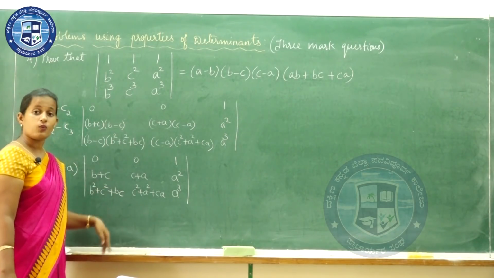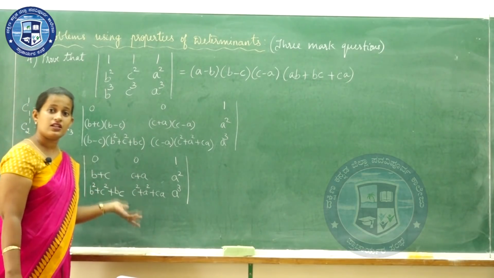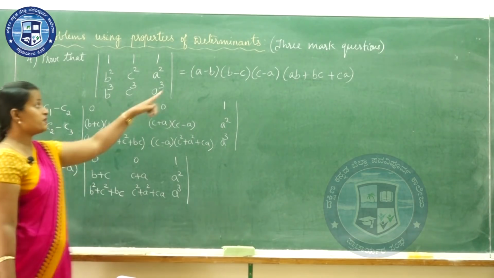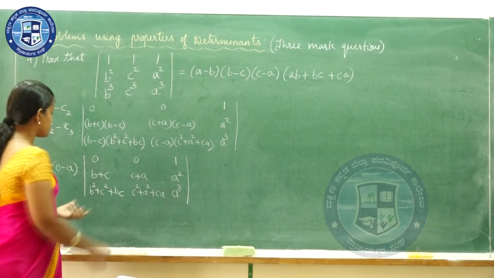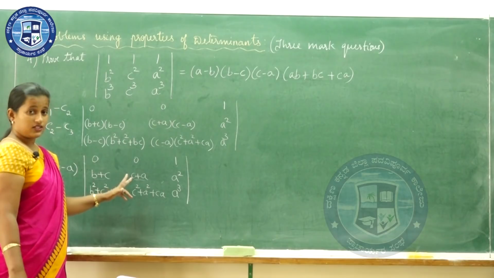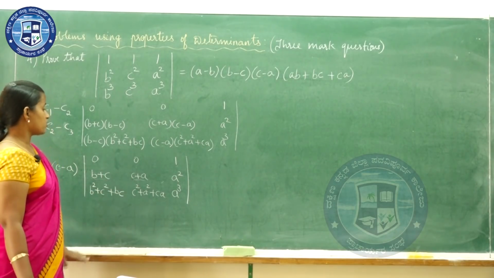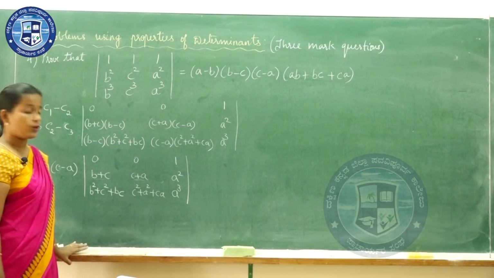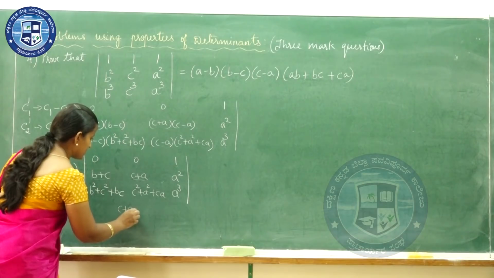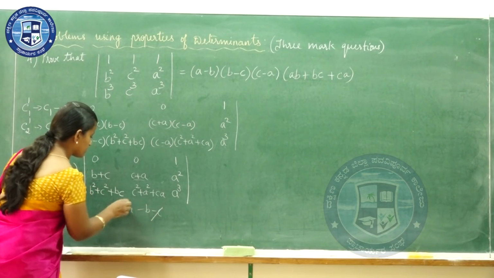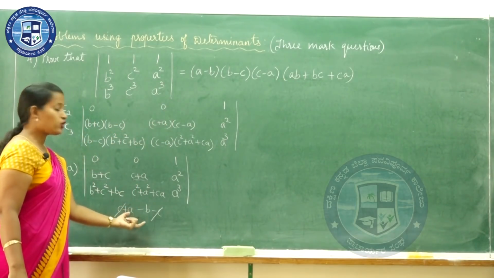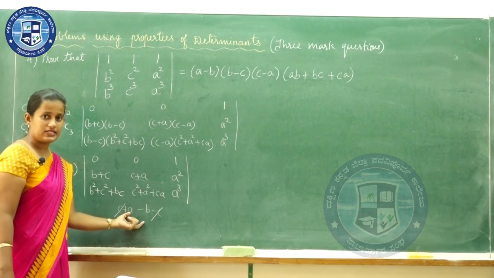So we will go on for one more operation and then we will go for expansion. So what operation can we do? Whatever we do should help us in getting the RHS. So if you observe, look at this b plus c and c plus a. We can do either column 1 minus column 2 or column 2 minus column 1. But that should give us one term over there. So which will help? If you do column 2, that is c plus a minus b minus c, this will get cancelled and you will get a minus b, and yes, we want a minus b. So we will go for the next operation, column 2 minus column 1.